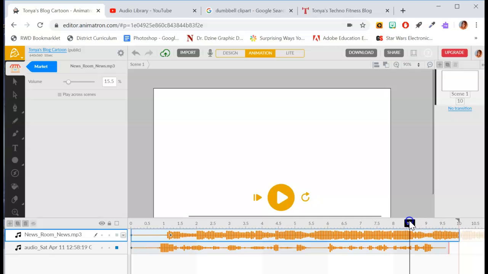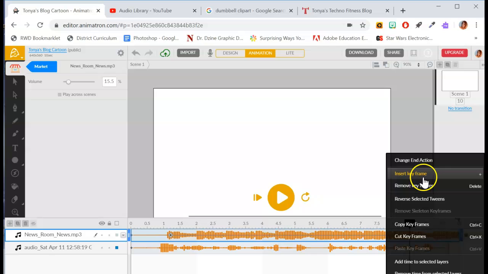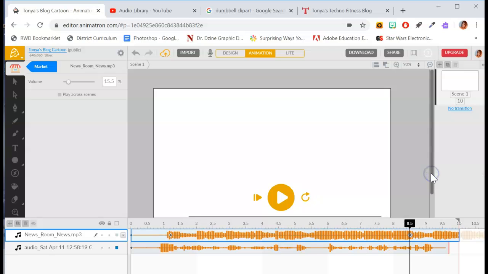I'm going to get to about the 8.5 second mark. I'm going to insert a keyframe here. And you can hit the plus sign on your keyboard or right click your mouse and insert keyframe. If you're using a Chromebook and you're using a little pad, you have to do a 2-finger tap to right click. All right, now that I have this keyframe, it's a diamond there,